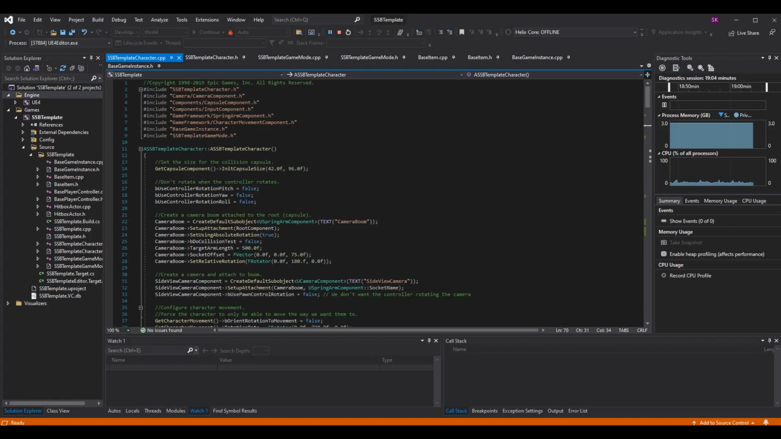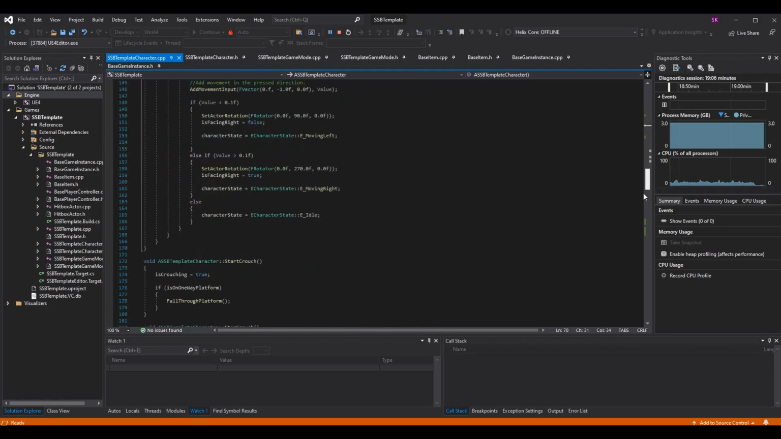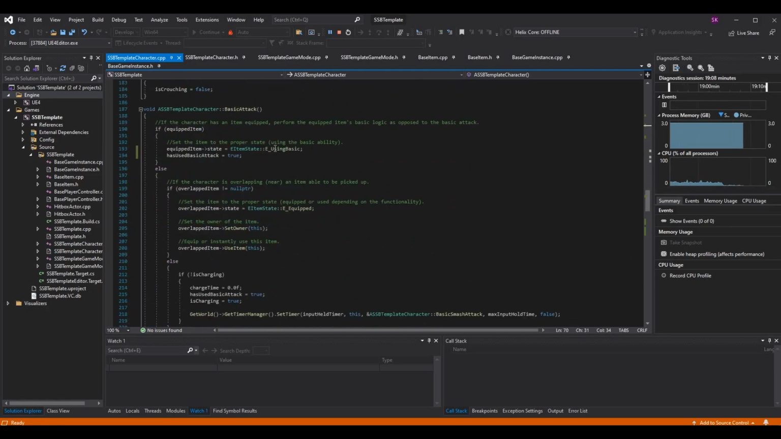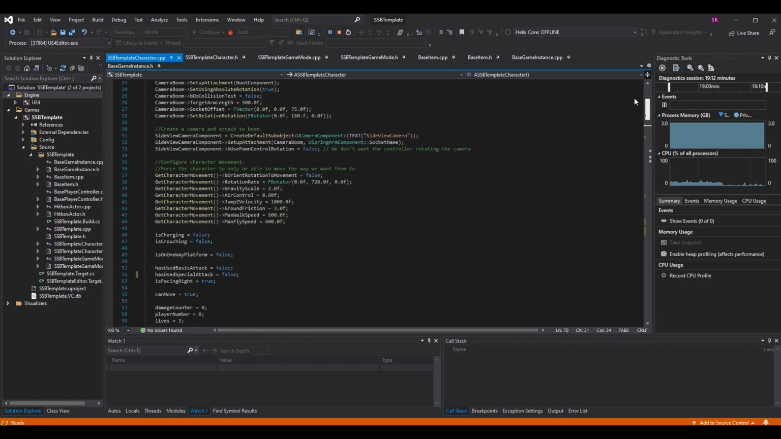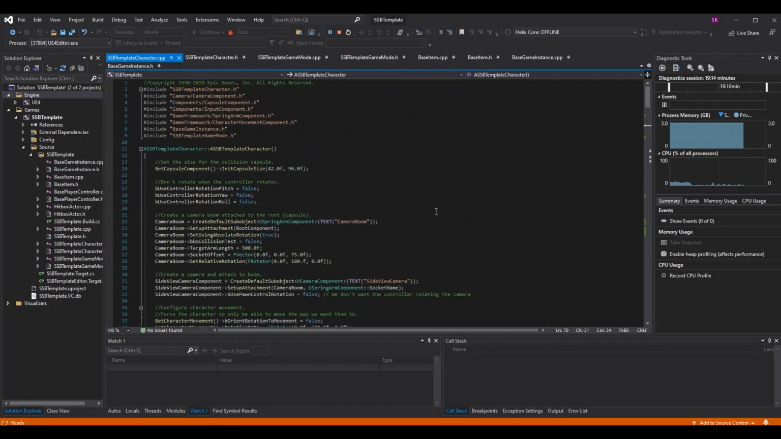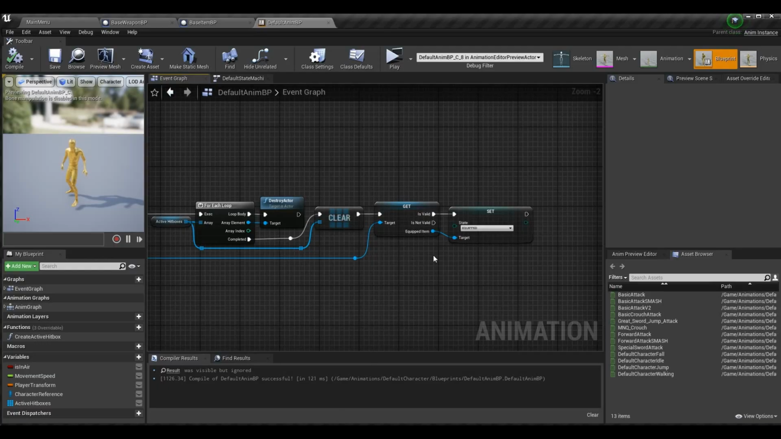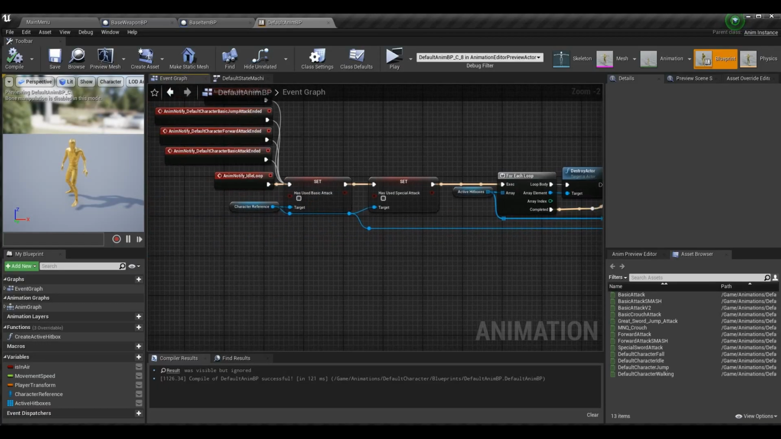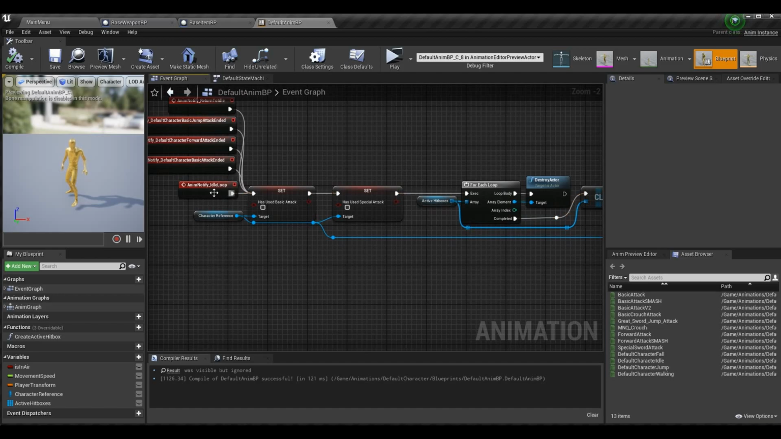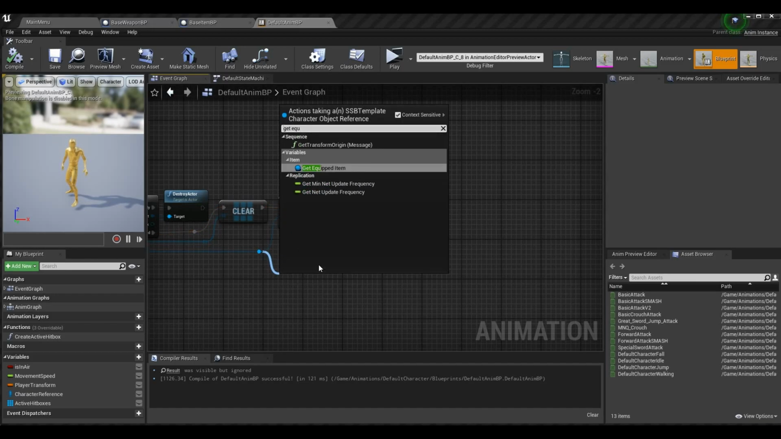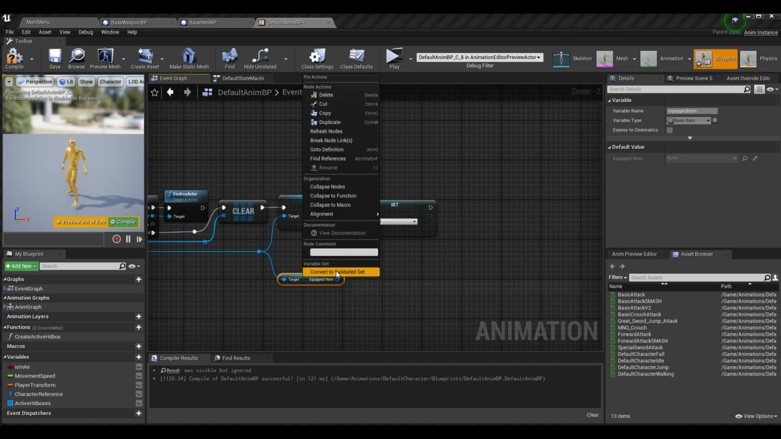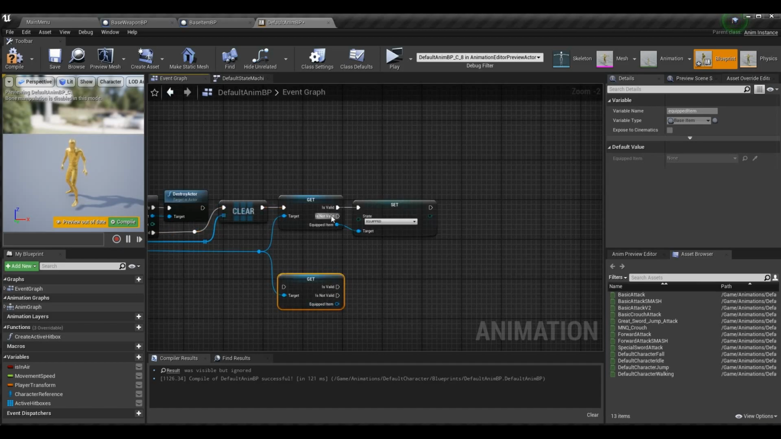So the item state was now being set to either using basic, like here when we use our basic attack, or using special when using our special attack. Well, once the attack is finished and we return to idle, we do want to reset the state so that it is being tracked properly. A very simple way to do this is if we drag off the character reference we have here, we can get equipped item like this, and we can right click to convert to validated get. Only if it's valid,